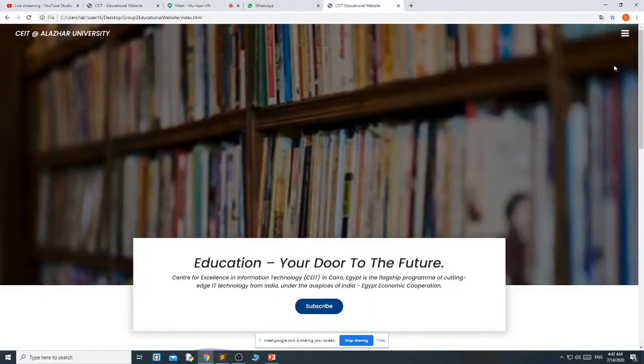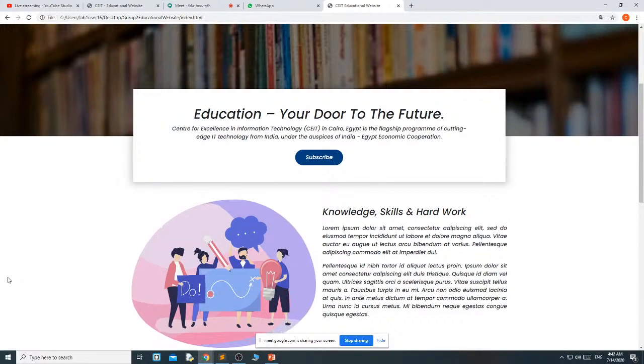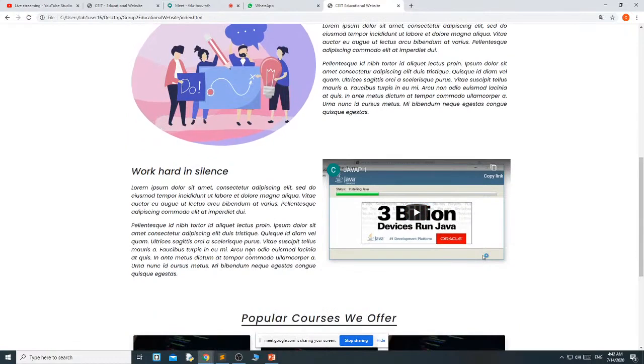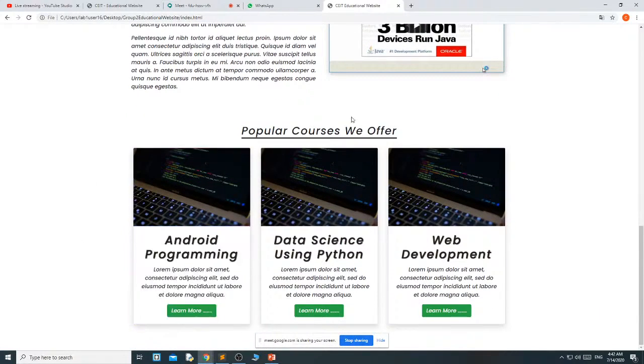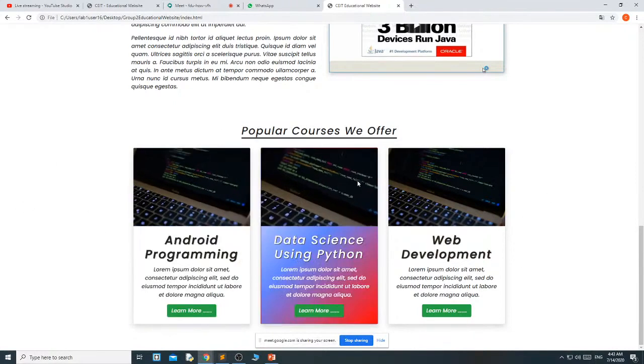We saw how to create the nav bar and this collapse toggler button, and how to use the container and grid system using Bootstrap, like this total about us we have created using the Bootstrap grid system. We have seen how to apply the animation on the image and how to insert the video. Then we have seen how to use the card in Bootstrap 4, and how to add the animation into the image.